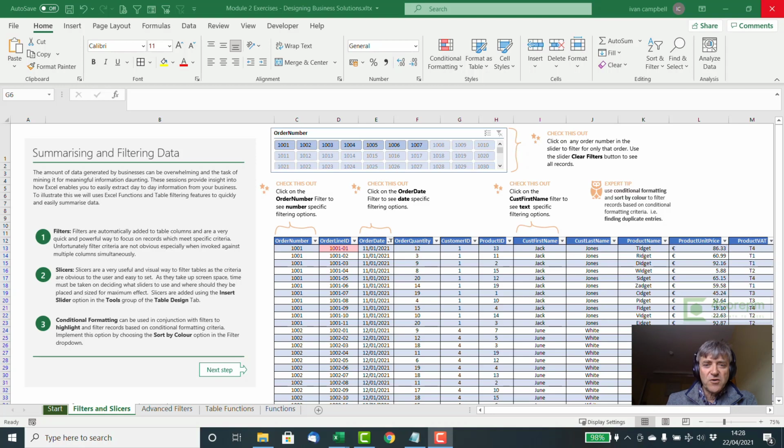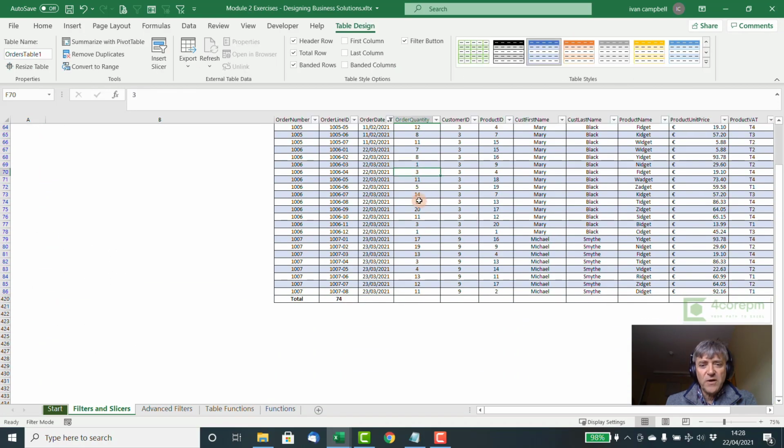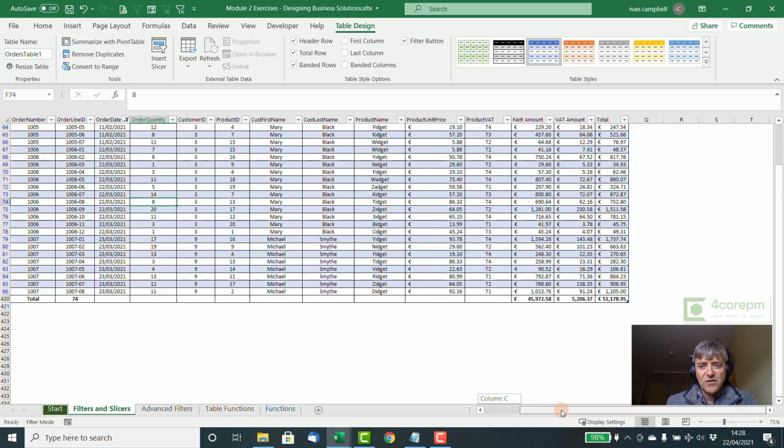The simplest approach was the filters and slicers, and that's in this sheet here. This approach can be time-consuming and awkward to use. The results can be summed up at the bottom of the table using the table total row here. And you can see here, using these criteria, that we have 74 records and the sums and totals are here